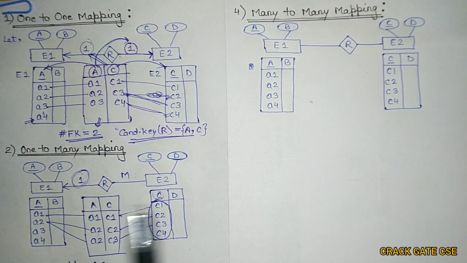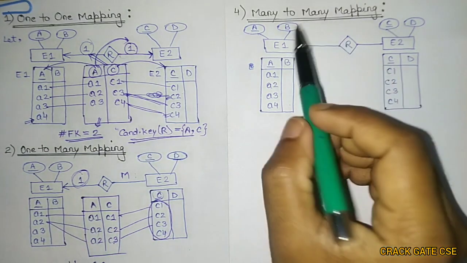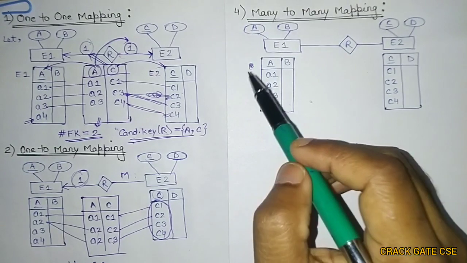Similarly, if I talk about the many to one, the many to one will be the same as one to many, just you have to flip this particular diagram. If you put E2 here and E1 here, you will be getting exactly what is many to one. There is no difference between the logic behind one to one, one to many and many to one. So I hope you can do it on your own. There is no difference, right? Now let's see many to many.